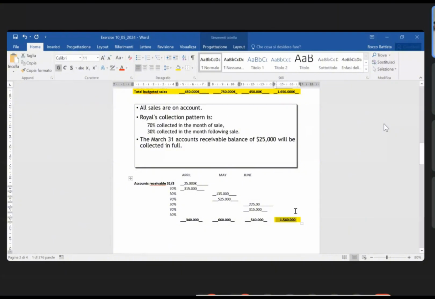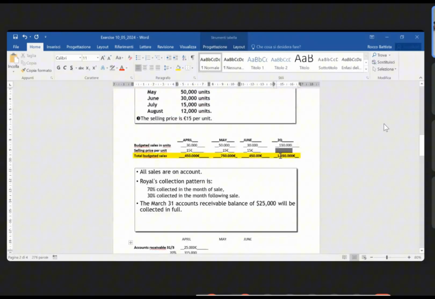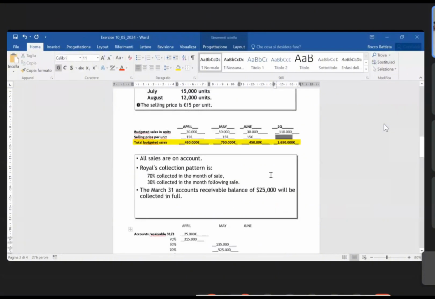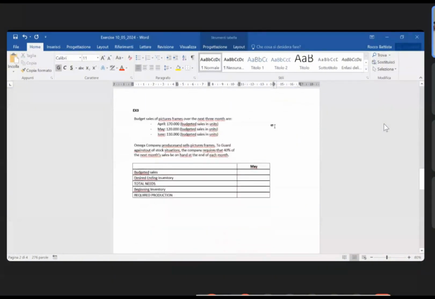And let's see that we have in the quarter sales for 1,650,000 euros, but we have receivable for 1,540,000 euros. The exercise is finished. In general, I put one very quick exercise, that is the exercise of the